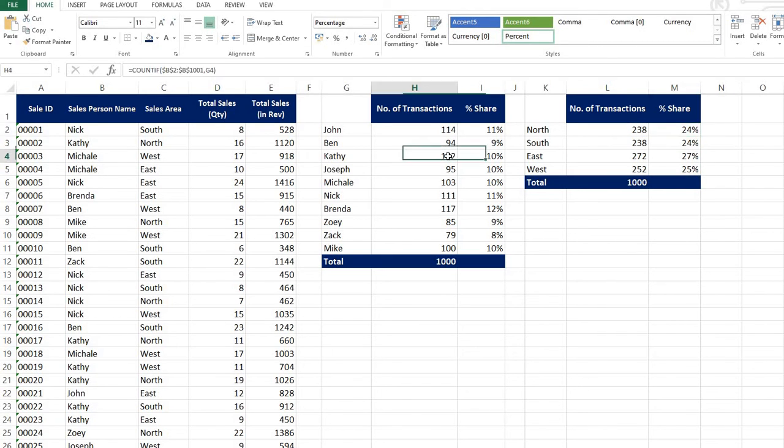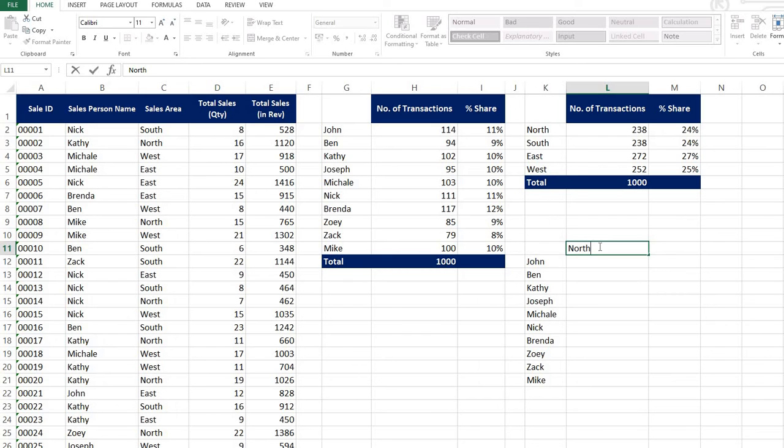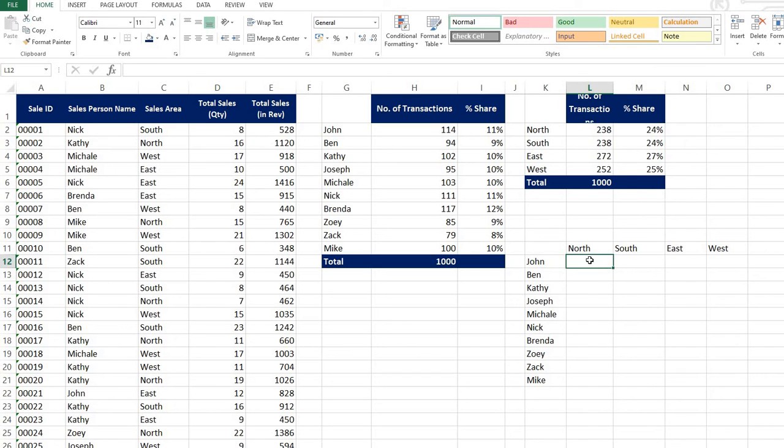Now we saw how the COUNTIF function can help you calculate the number of transactions each and every salesperson or each and every region has done in the entire data set. Now for the COUNTIFS function, wherein we have multiple conditions to be applied, we'll have to change a bit of our output table, wherein I want to calculate the number of transactions for each salesperson as per the region. In order to calculate this, we have to define two conditions, wherein the first condition is the transactions done by John, and the second condition would be the transactions which have happened in each and every region for John.